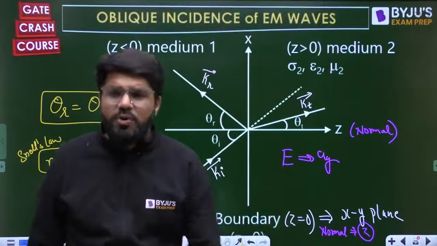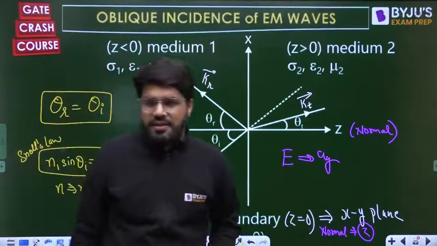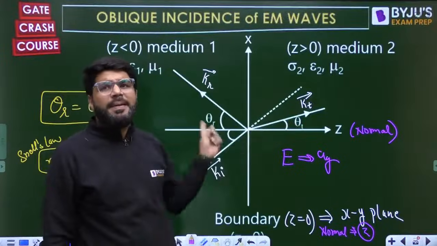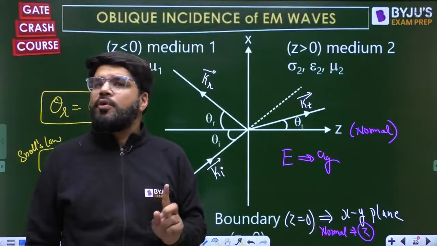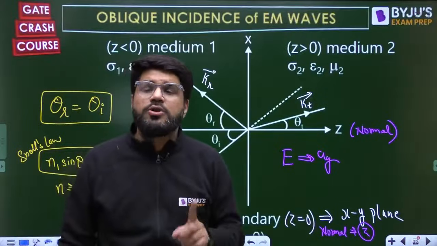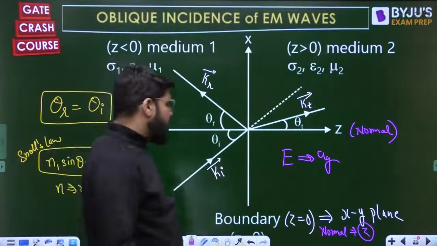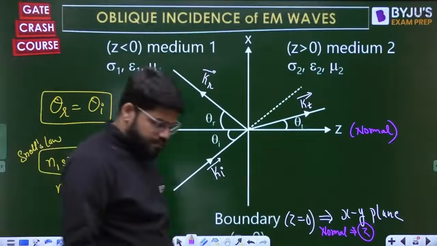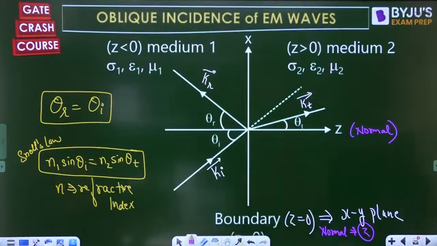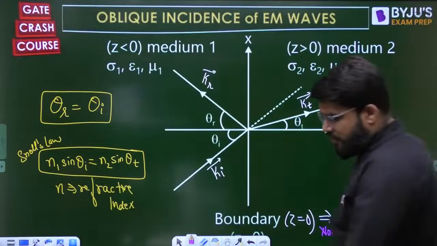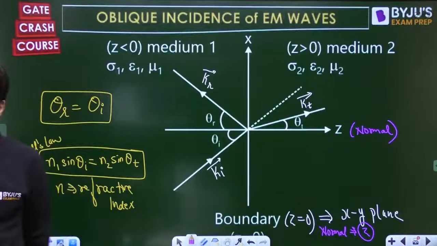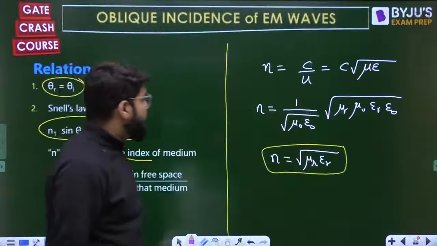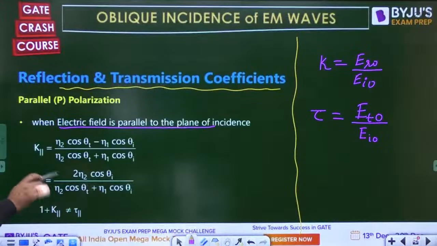But dear, suppose that the electric field is along the Y direction. Just assume, suppose the electric field is given to you in the Y direction. Okay. So Y is perpendicular to this plane of incidence, and that polarization will be named as perpendicular polarization, or also known as S polarization. Done? Okay,